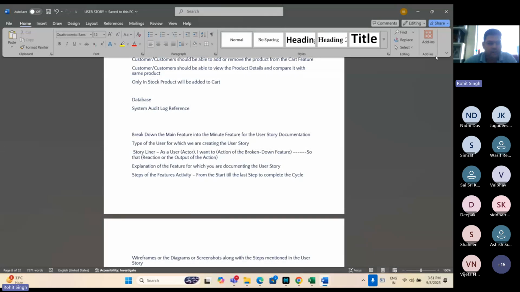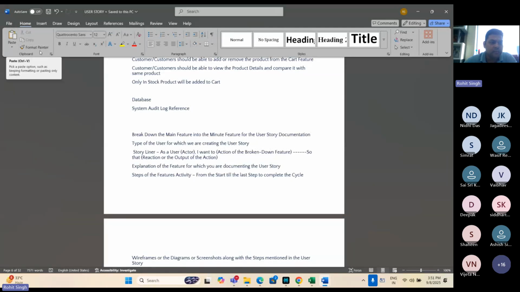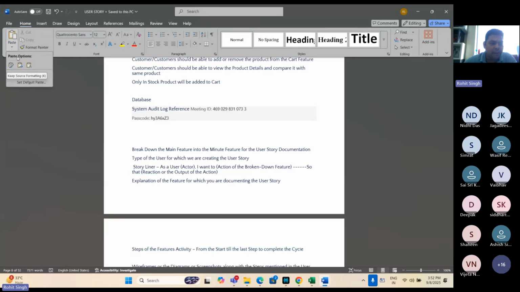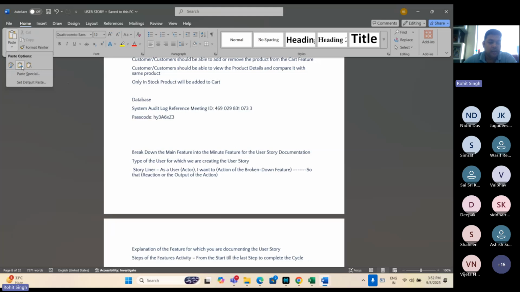These all become the different sprints. Under clipboard, we have format painter, copy, cut, paste. So these become the different tickets. Under paste, we have paste option, paste special, set default, and these three options. These become the subtasks or sub-tickets.